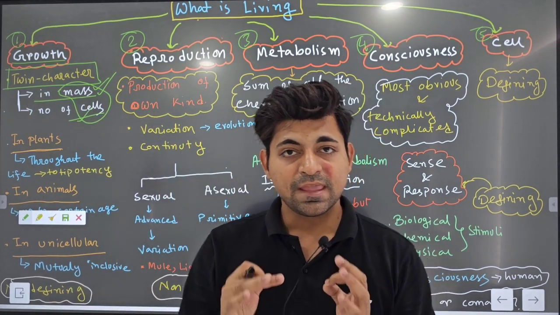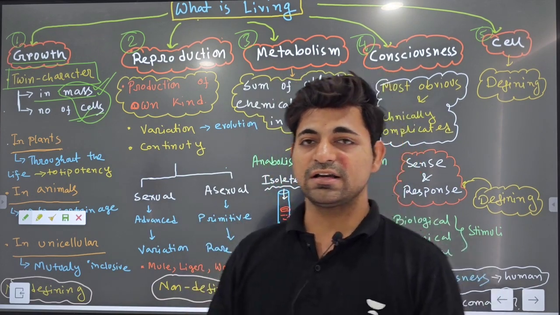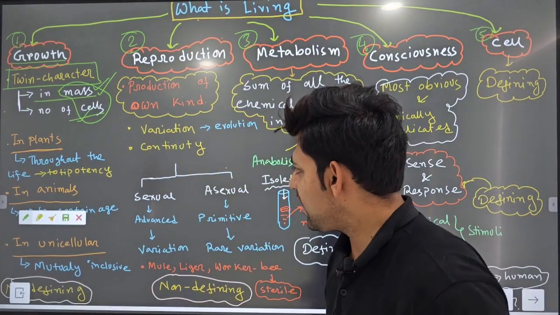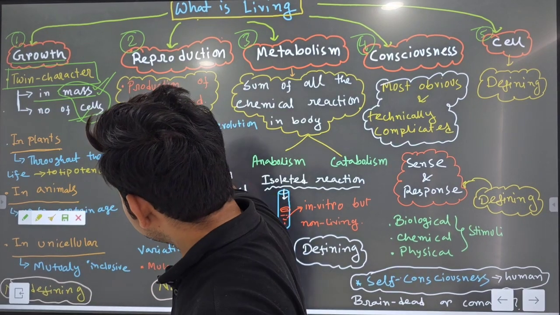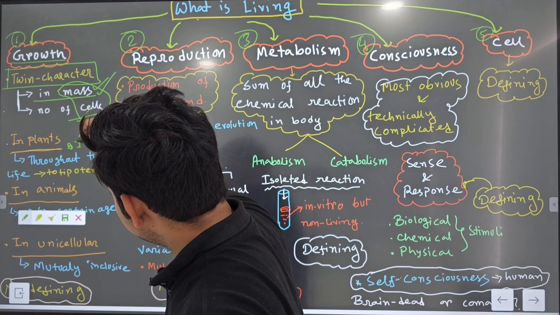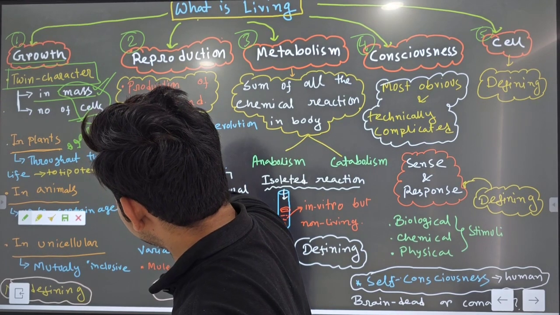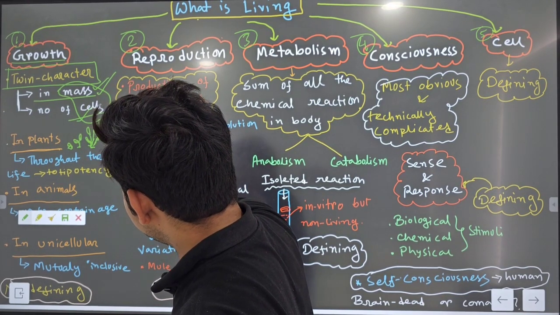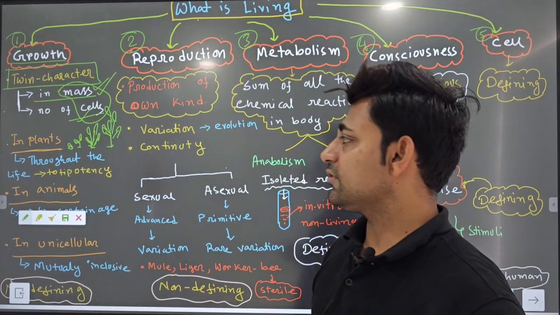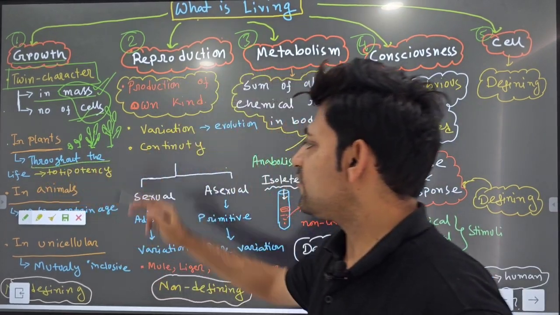Now we'll study how growth happens in different groups of organisms. When you see growth in plants, after germination of a seed, the plant will keep growing. There will be growth of branches and growth of leaves, until it dies. So for a plant, growth is kind of infinite, till death. The growth will be there throughout life.